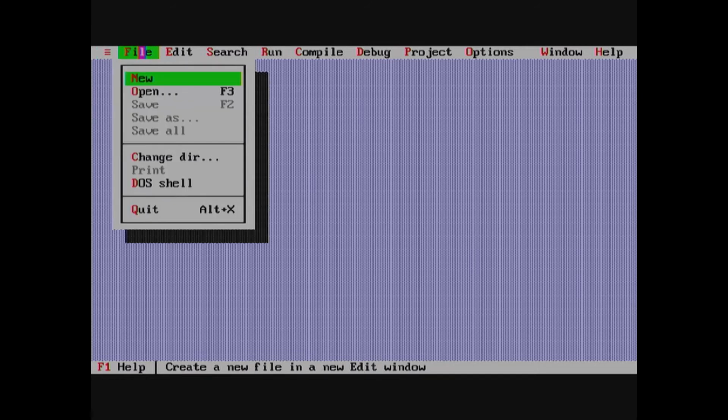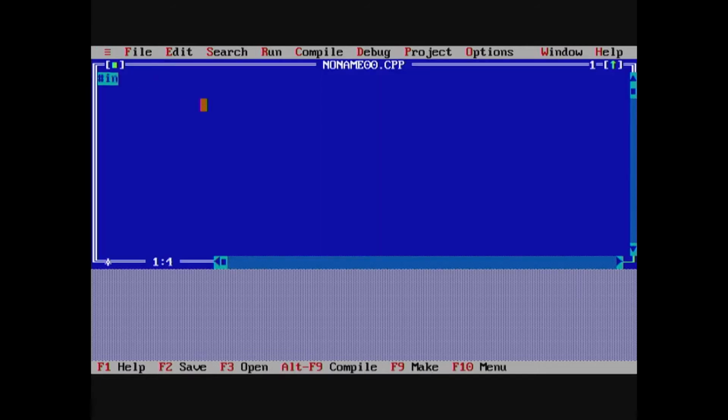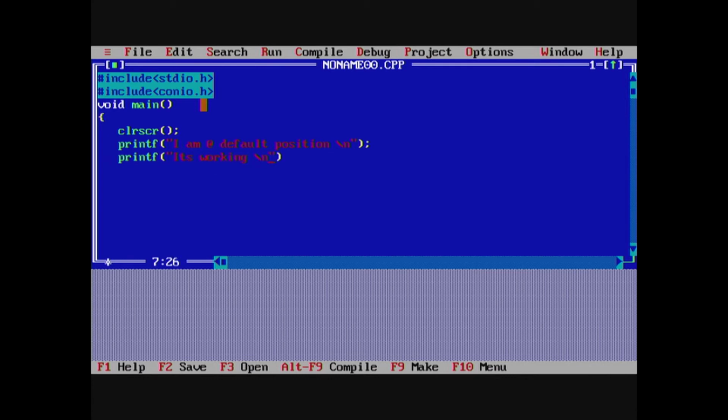You take the text editor and start entering the program. Hash include stdio.h, hash include conio.h, then within the main program, within curly braces, you call the function clrscr, then printf I am at default position, then printf it is working.